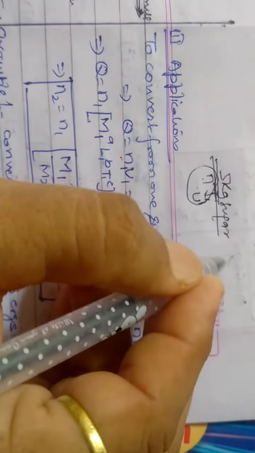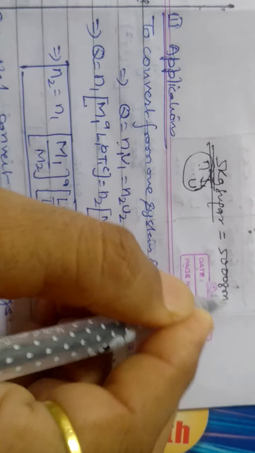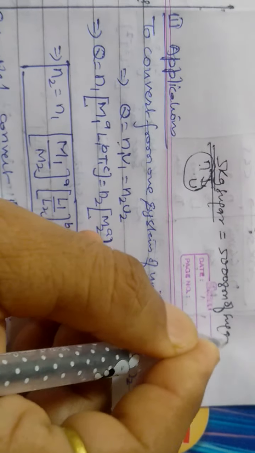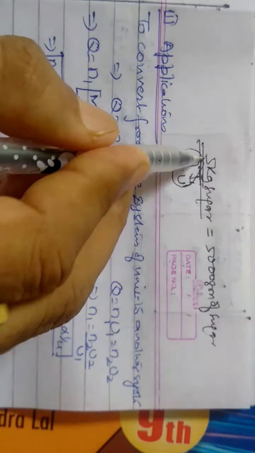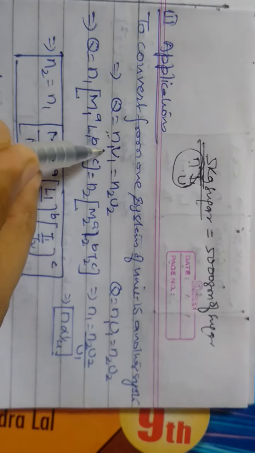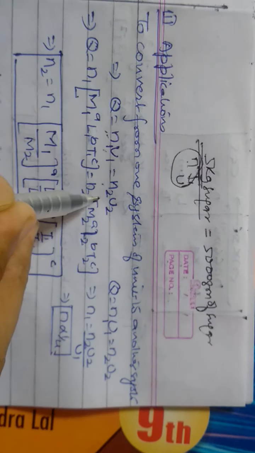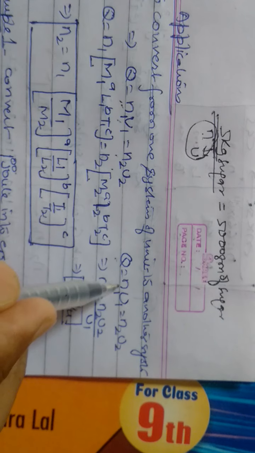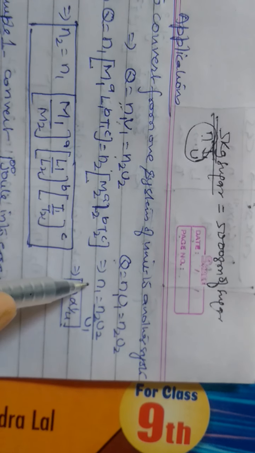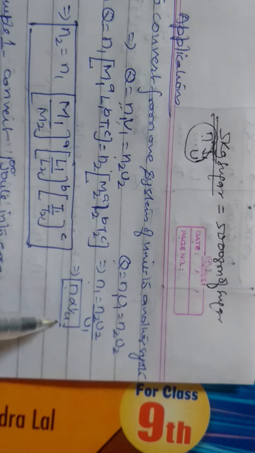Now 5 kilogram of sugar can be represented as 5000 gram of sugar. Are you agreed? Both are equal or not? Both are equal. So similarly, 5 is n1 and the unit u1 is kilogram, and 5000 is n2 and u2 is gram. So we can write Q is equal to n1 u1 is equal to n2 u2, or n1 is equal to n2 u2 upon u1, or we can say n is inversely proportional to u.